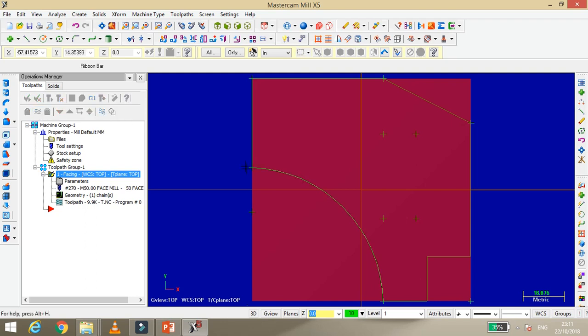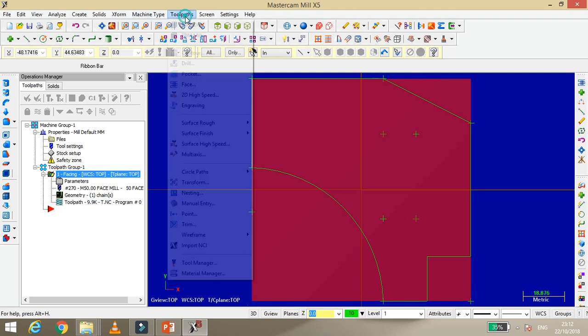Then the second operation is contouring. Now in our exam there is a requirement of 5 operations. The first operation is facing, another is contouring, third is a drilling, and one more drill. That is four operations, but we need five. So what we do is first rough contour and then go for finish contour.